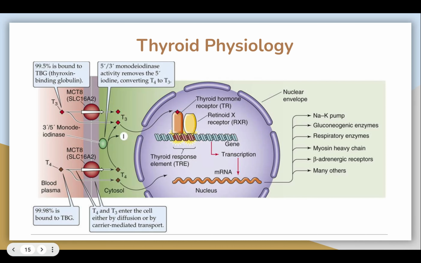So you will see here within the cells, you have a thyroid hormone receptor within the nucleus of the cells, and with the help of retinoid receptor RXR, you have changes in how the genes are being transcribed. So this influences the production of mRNA that will increase the sodium potassium pump, gluconeogenic enzymes, influencing the respiratory enzymes to be increased, increasing the beta adrenergic receptors to be more responsive to norepinephrine and epinephrine,